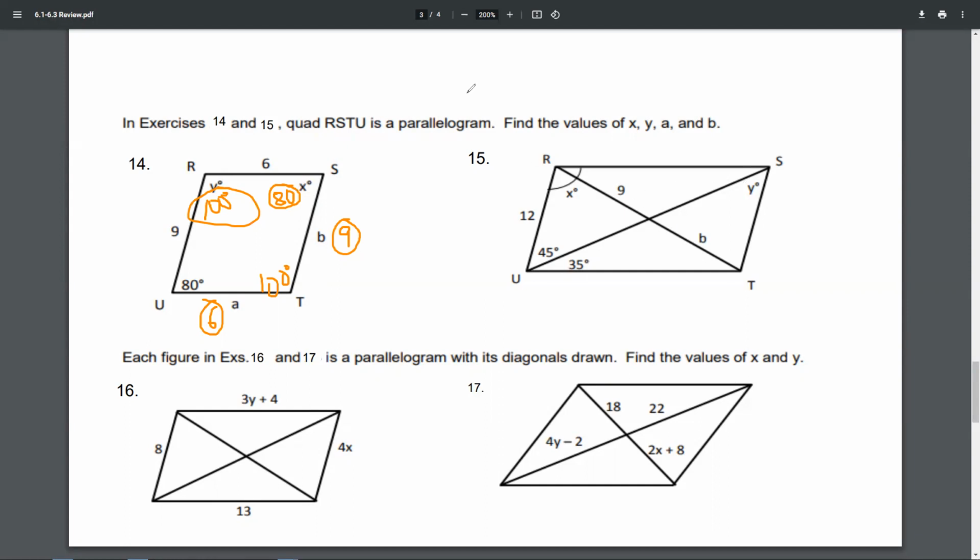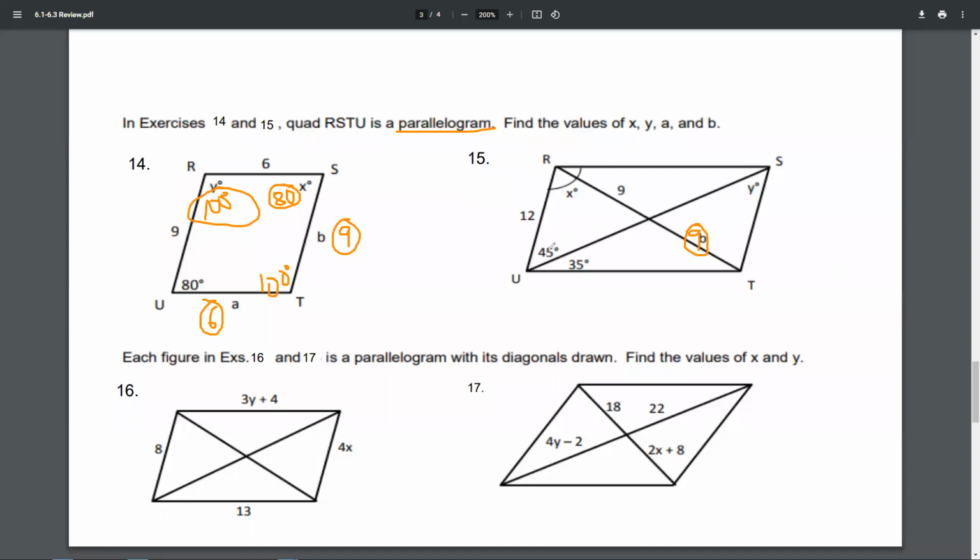All right, the other property we have is that diagonals bisect each other in a parallelogram. So if this diagonal, RT, is getting split in half by SU, and this is 9, B is also 9. Okay, and then for angles,